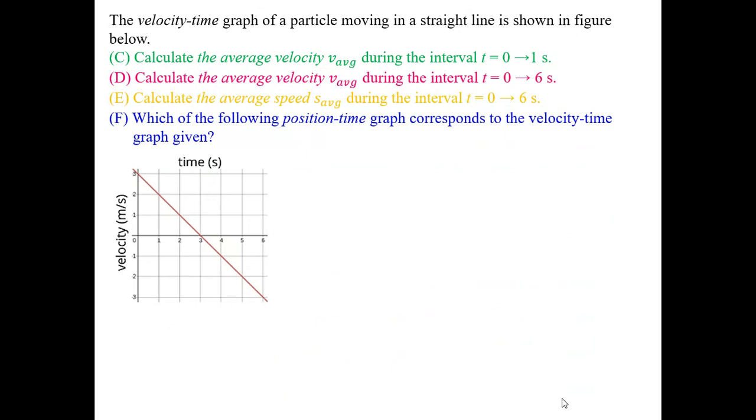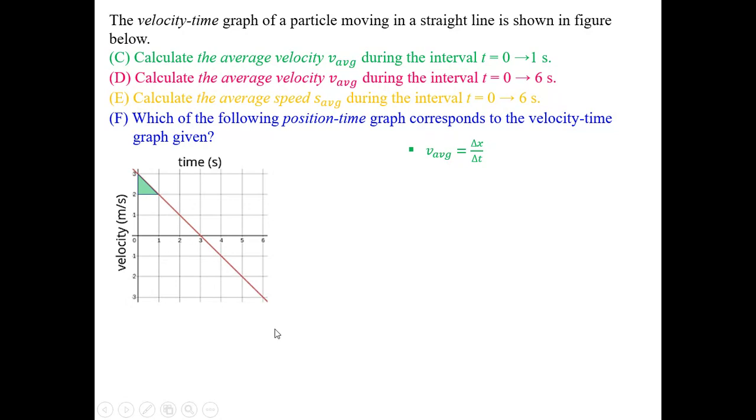Let's go ahead and do C. C wants you to find the average velocity during the first second, from 0 to 1. It's known as the first second. The average velocity function is displacement over time. In this case, you're given a velocity versus time graph, so the area beneath the graph is your displacement. You just have to know how to shade. Always start from the line of the graph itself, and then go down to the t-axis